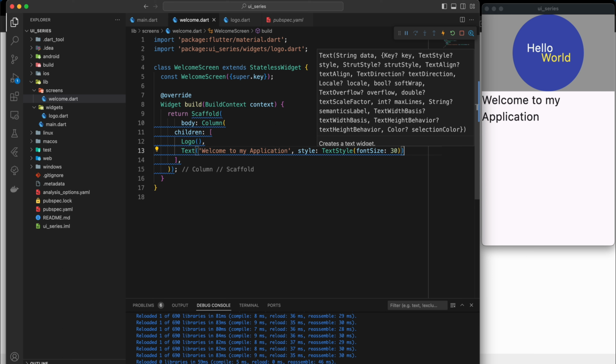Okay, so when I use it, after using this you can see welcome to my application come in here,